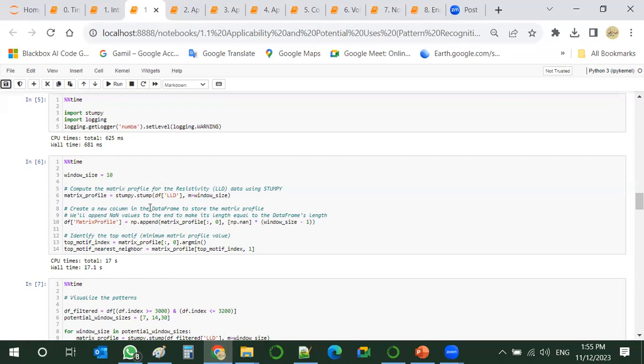And then we profile the matrix. We check: is there a repetition of this window? Are there any segments that repeat over time? Is there a specific trend